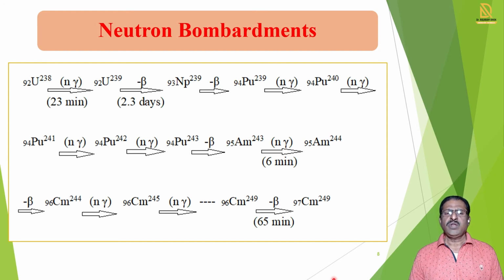So when we require mass number and atomic number changes in only small steps, then we can use this method. If we require directly the preparation of higher nuclei, then we use other methods, that is, the bombardment of accelerated particles and the bombardment of heavy ions. Such types of methods we will see in the next lecture.